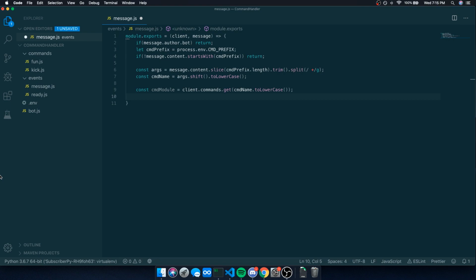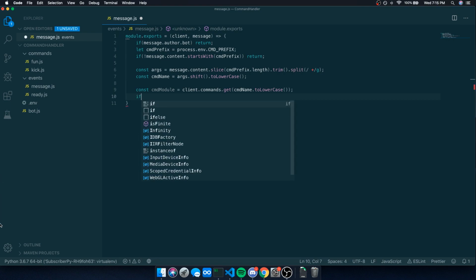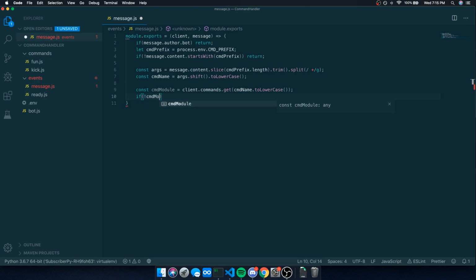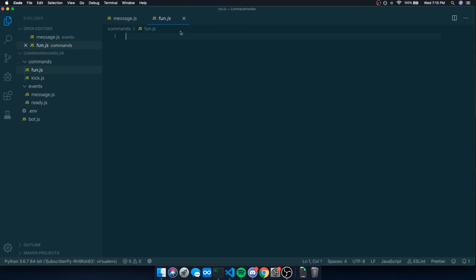And let's go ahead and say if cmd module doesn't exist, or if it is undefined, just return. Else, we're going to do cmd module, we're going to call that top level function .run, and we're going to pass in client, message, args. Whoops, args, just like this. So now the run function is going to be a top level function inside the fun.js, or all of our commands